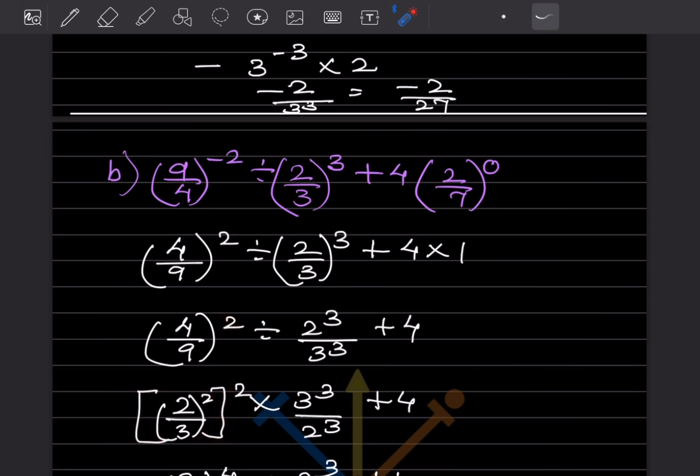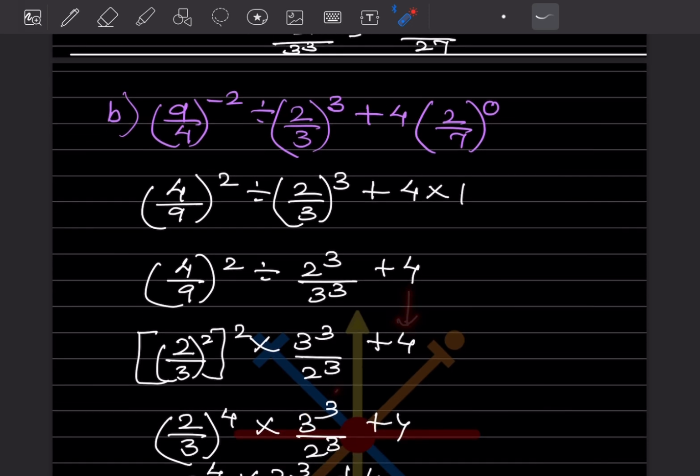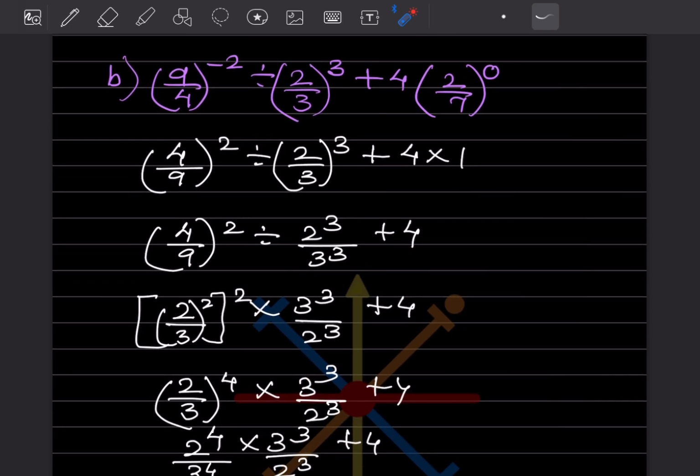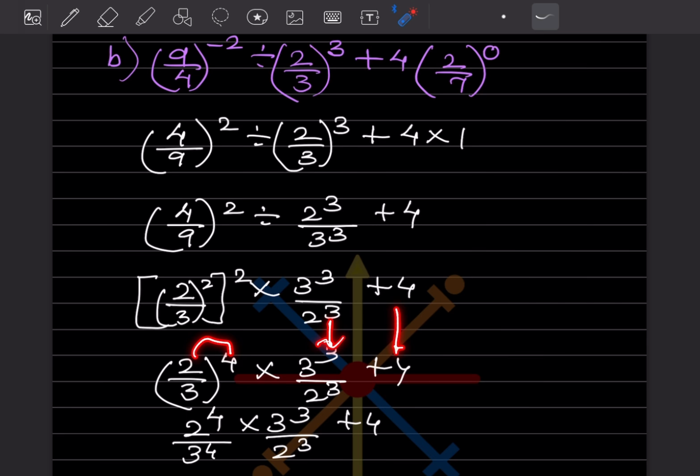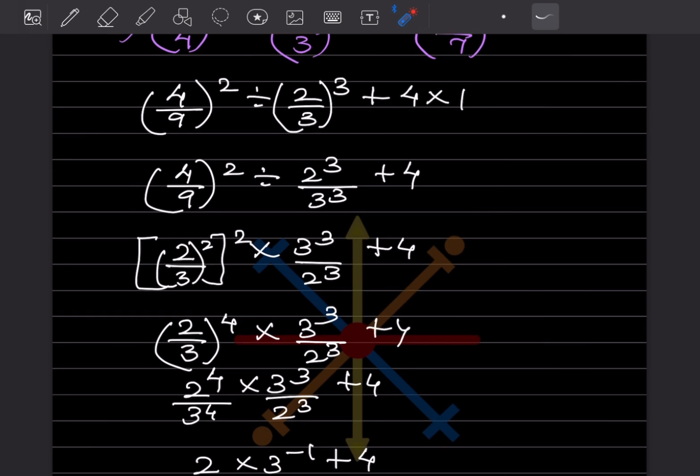And now this will be multiplication. So this part is going to get flipped over. This will go in the numerator, this will go in the denominator, and this 4 stays as it is. Now see here, for this one we can write 2 into 2, that is going to be 4. This is the same, this is the same. So this will be 2 raised to 4 divided by 3 raised to 4, into 3 raised to 3 divided by 2 raised to 3 plus 4. So now we can see here,